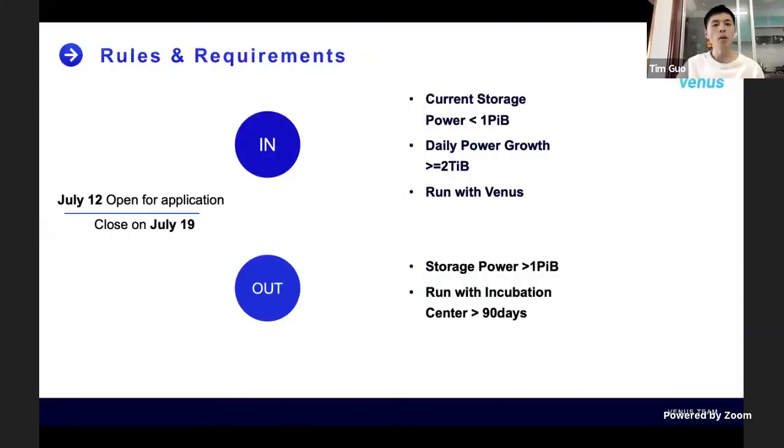Okay, let me tell you a bit more about the rules and requirements. We try our best to make it very simple and easy. As you know, we opened for application in June and we close it on July 19th. If you meet those requirements, like if your current storage power is less than 1 petabyte, you can maintain a daily power growth equal to or beyond 2 terabytes, and run with the Venus implementation